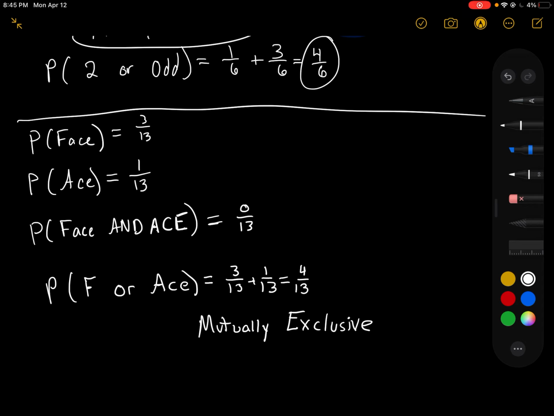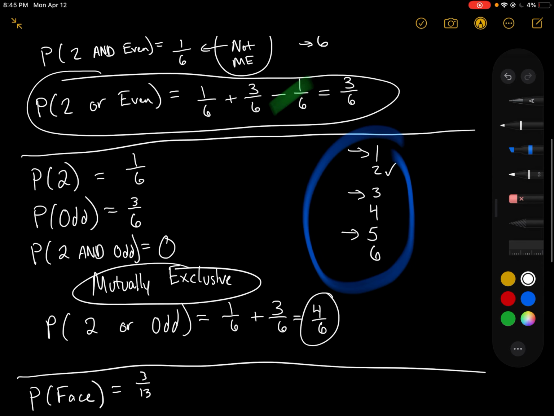All right, so we are going to finish up there, but again, that's the idea going through and calculating these, is that as we are working through the examples, we are trying to see, can they happen at the same time? If the answer is yes, they can, then we have to use our not mutually exclusive formula, and if the answer is no, they cannot,